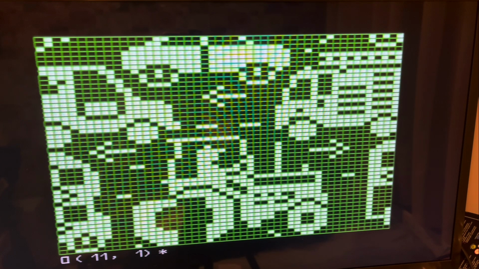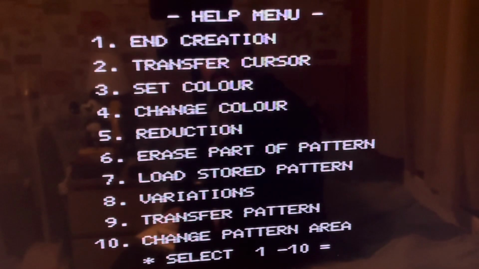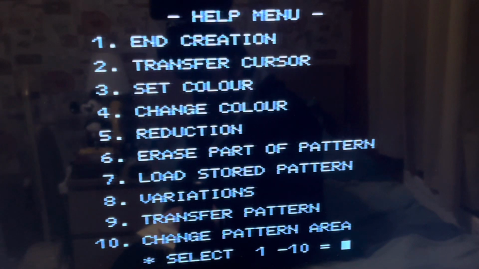But say that you've copied and pasted a design from a loaded pattern, and just like I did it in 2 halves, and you didn't quite line up the second piece properly, but you've already confirmed it and it's stuck there in the chart, and you think, oh, I've got to delete that now and do it all over again. Well, if you press your help key and press number 9 and step for transfer pattern,